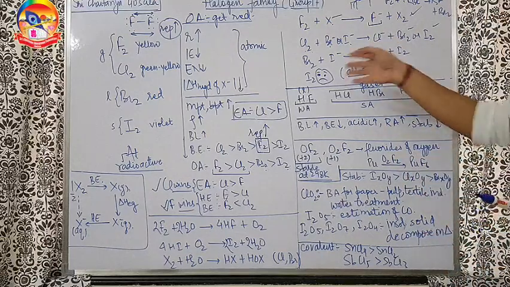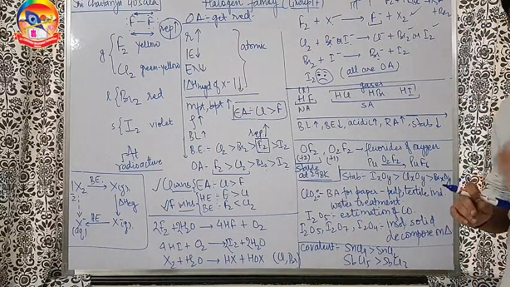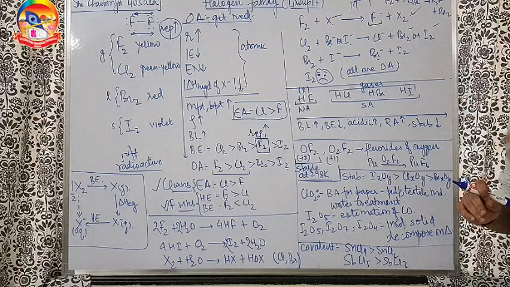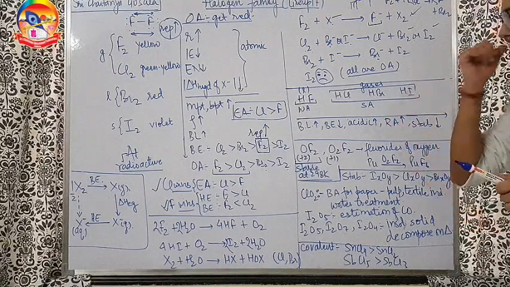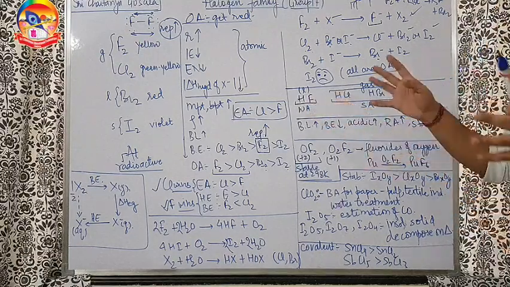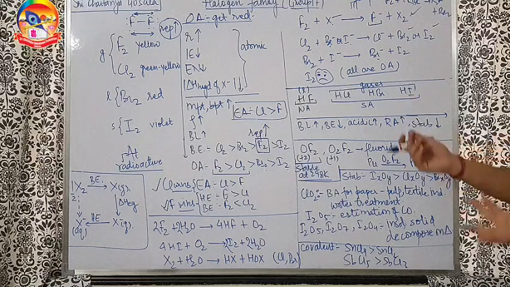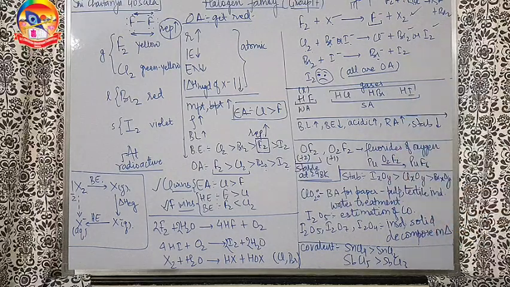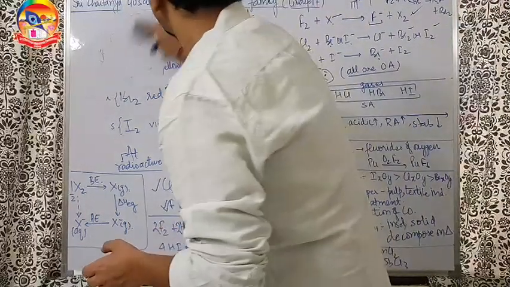Going ahead, HF, HCl, HBr, HI. Melting point, boiling point, I have already discussed in the nitrogen family with a story. Now let us talk about the rest. HF has extensively high hydrogen bonding. You might have seen HF having hydrogen bonds as well. The hydrogen bonding of HF looks like this.